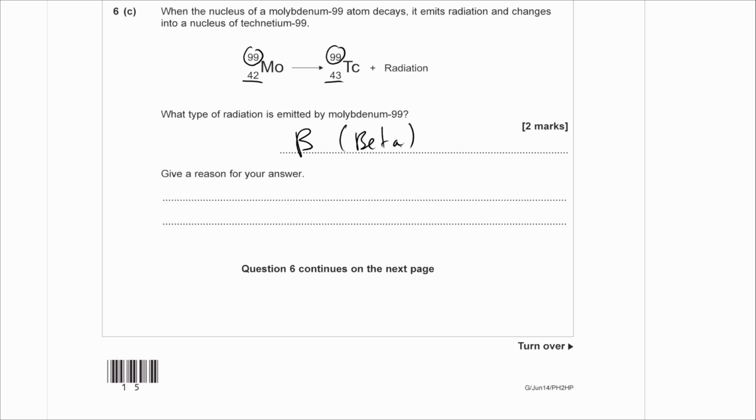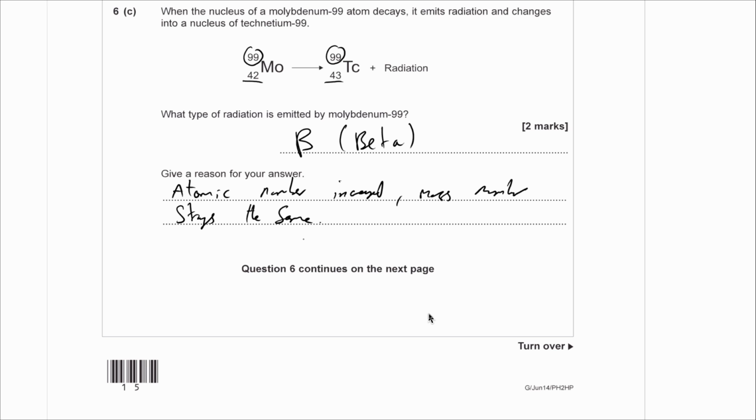Okay, and give a reason for the answer. As I just said, the mass number hasn't changed, but the atomic number has. So atomic number increased, mass number stays the same. Now, we know that this is true because in beta emission, a